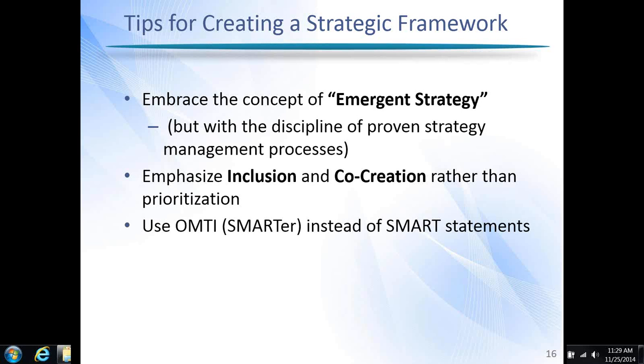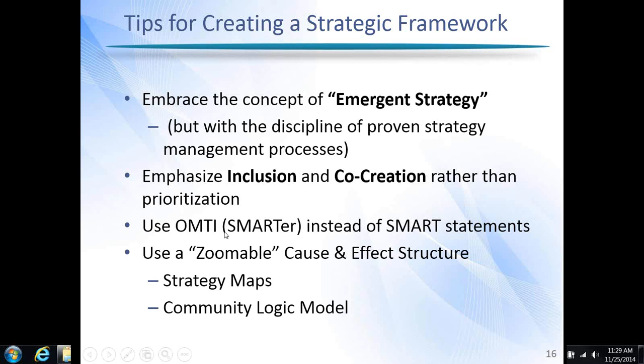Another practice which we talked about a lot in our webinar earlier this month is structuring your strategy around OMTI, which stands for Objectives, Measures, Targets, and Initiatives. And in that webinar we went into some detail about how this is smarter than the typical SMART goal statements that say, you know, by such and such a date we will do such and such. And those often are not ideal for creating the alignment and the teamwork. And again, I won't repeat everything we did in that webinar, but we'll give you a little flavor of that as we go.